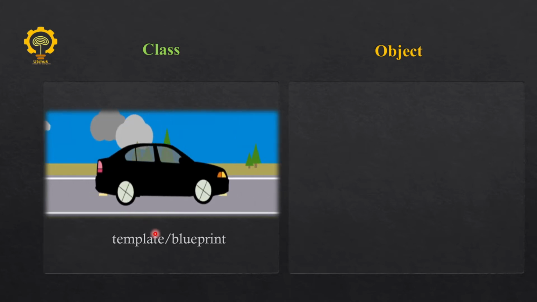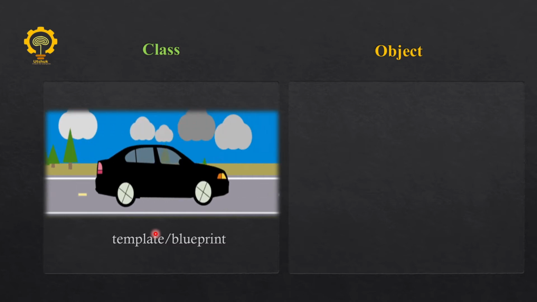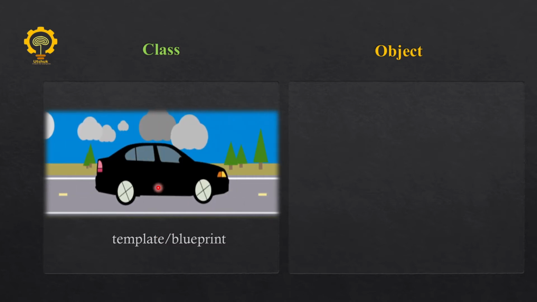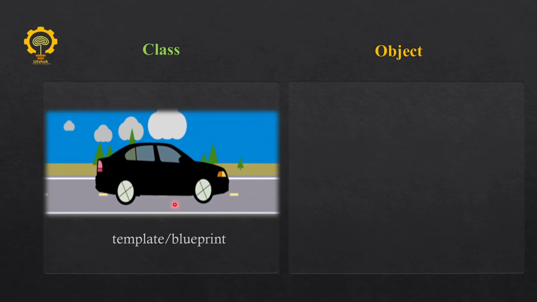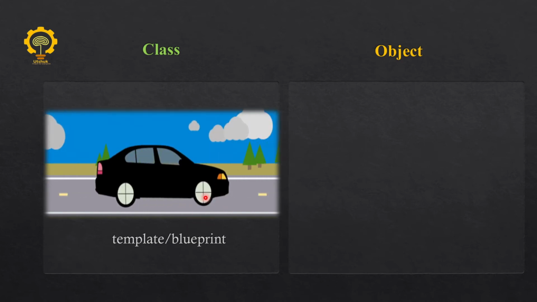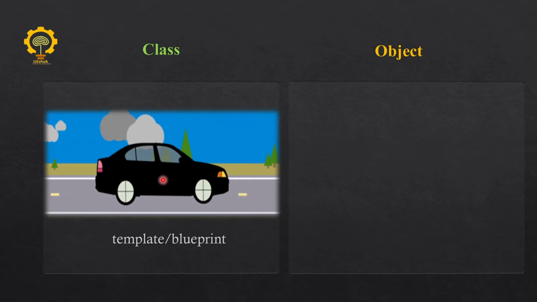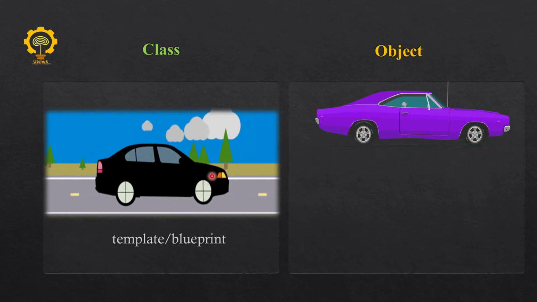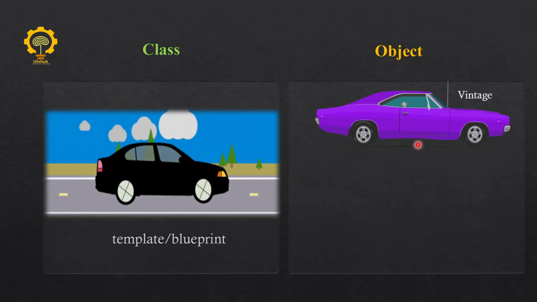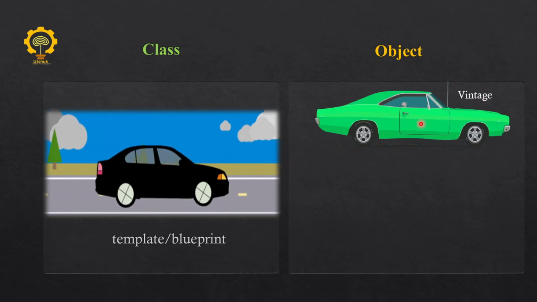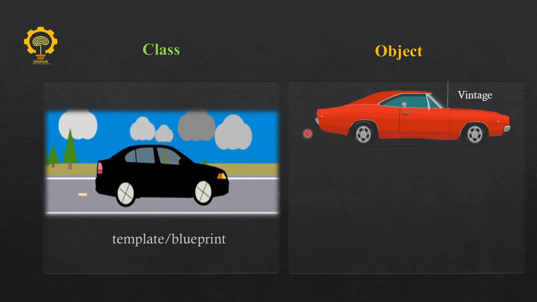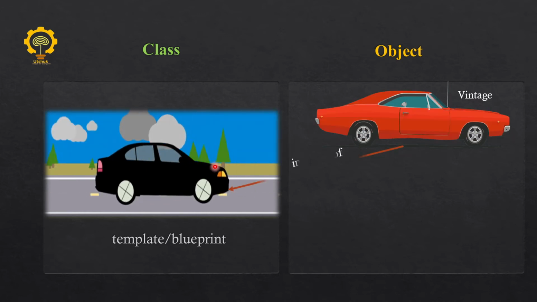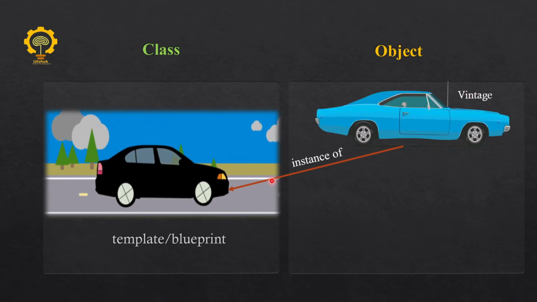Using the same class, if we want to access some of its functionality, we can create an object, and with the help of that object we can access functionality like that of the wheel or the lights. If I want to create an object and design a new model of the car, we can simply create an object of this class. Suppose this object's name is vintage. We create the object of this class and access it, and this object is an instance of this class.